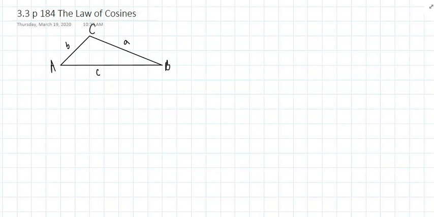If I draw a perpendicular line coming down, looking from A's point of view, so this side right here is all c. If I call this x, and I call this y, if I look at this angle A,